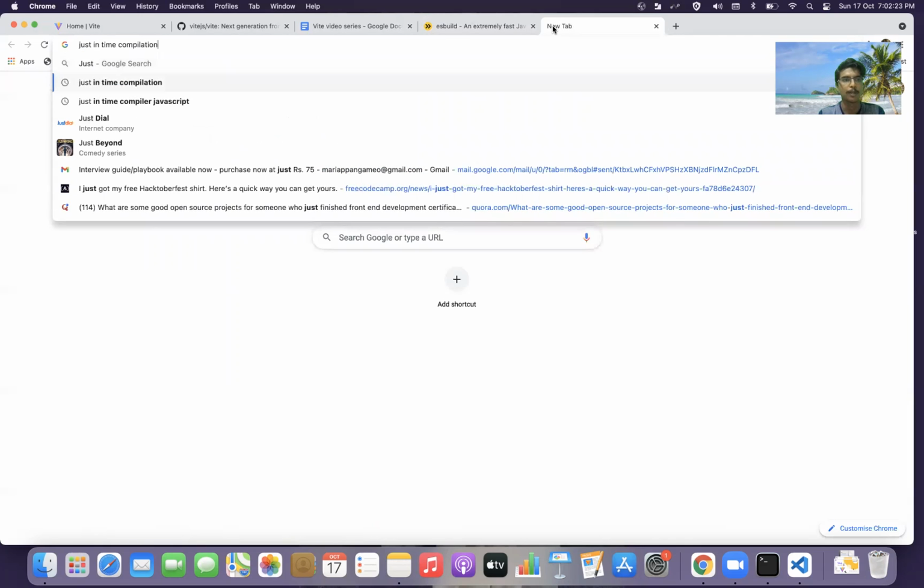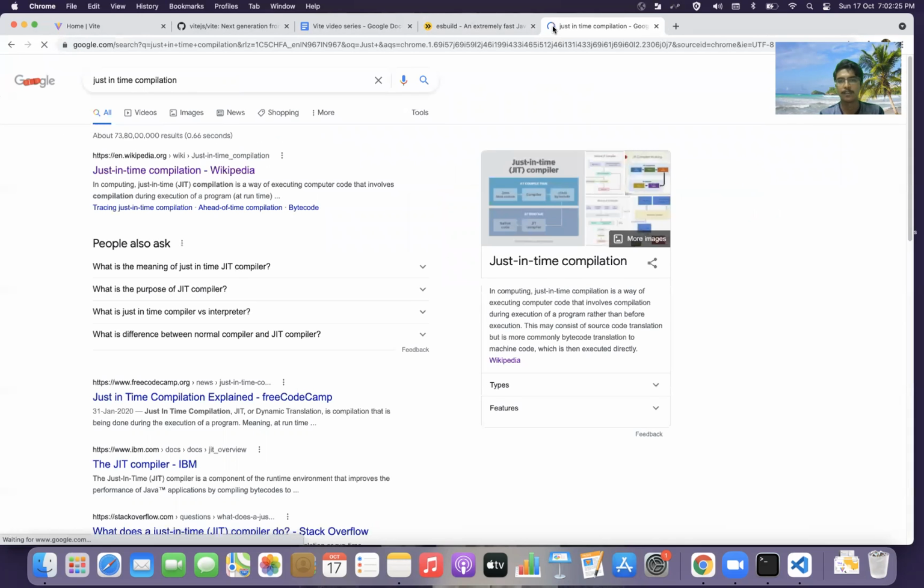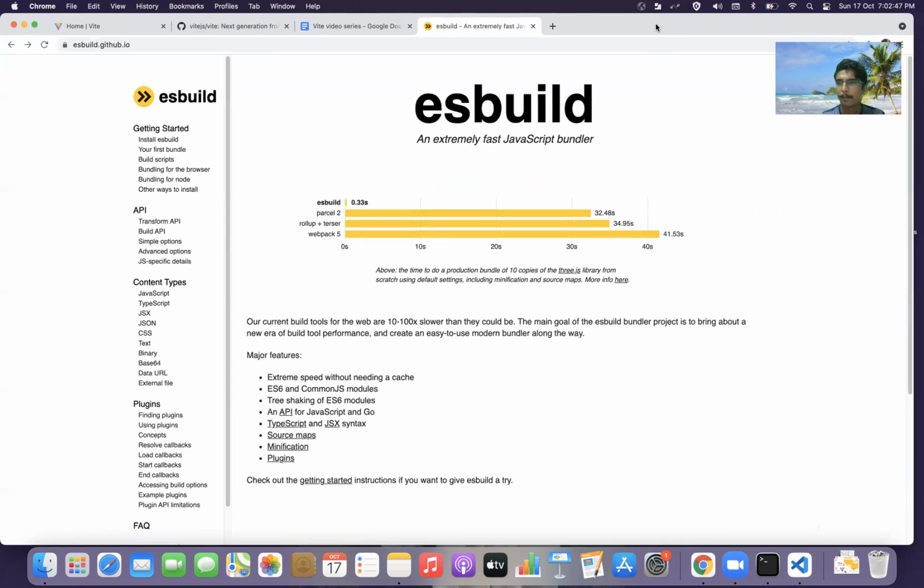Basically, in one line, it's what languages like JavaScript use. It's a way of executing computer code, a kind of compilation process. It tries to get near to native code, but not the native mechanism. So JavaScript uses just-in-time compilation.